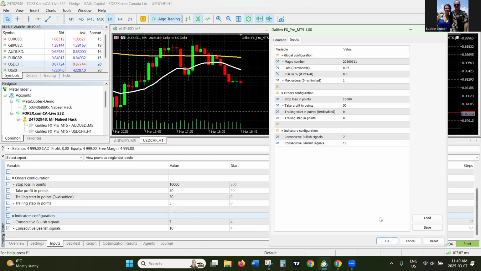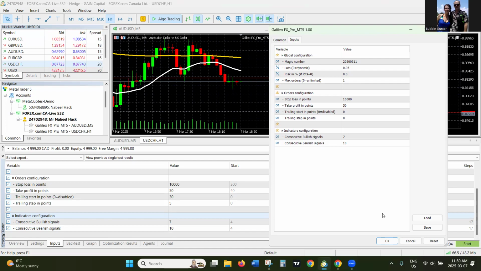Let the bot make some trades for you, let you see how it operates and what it does before you raise your lot size. It's not that I'm worried you're going to lose. You're not going to lose. But you want to balance out your lot size so that you don't run out of free margin,